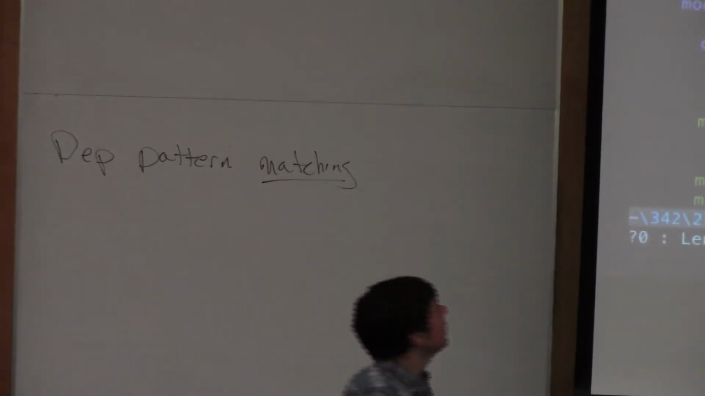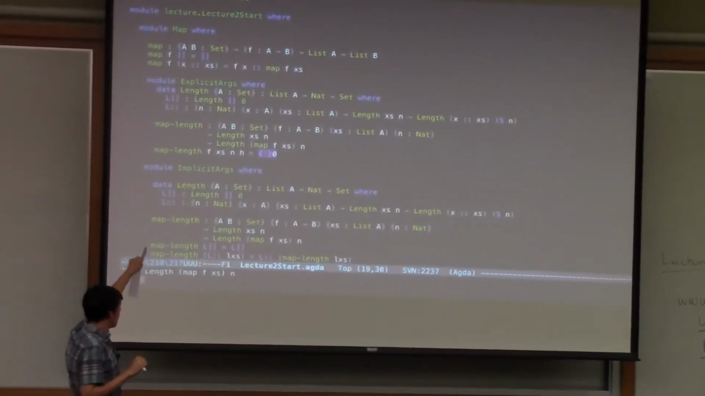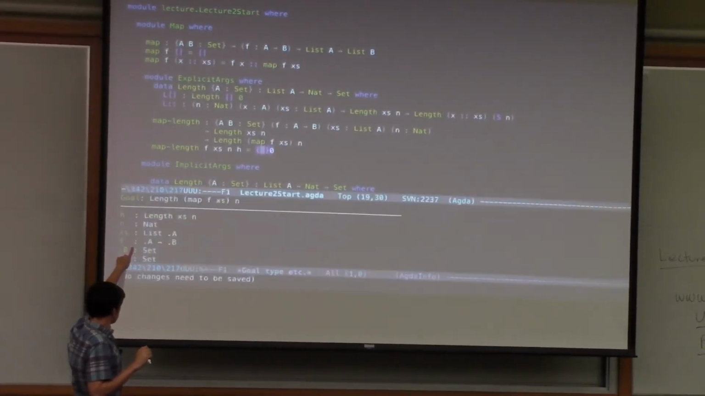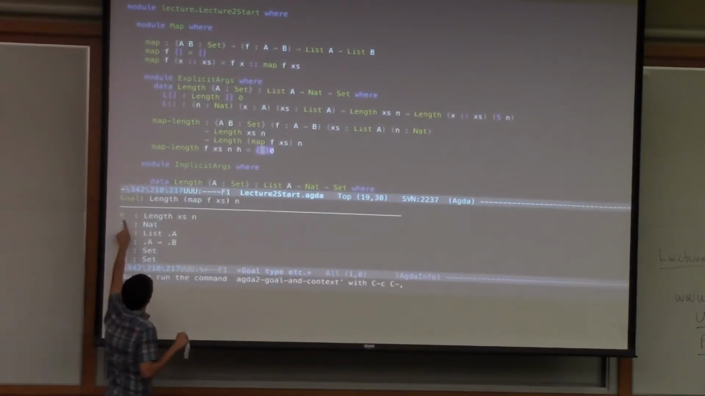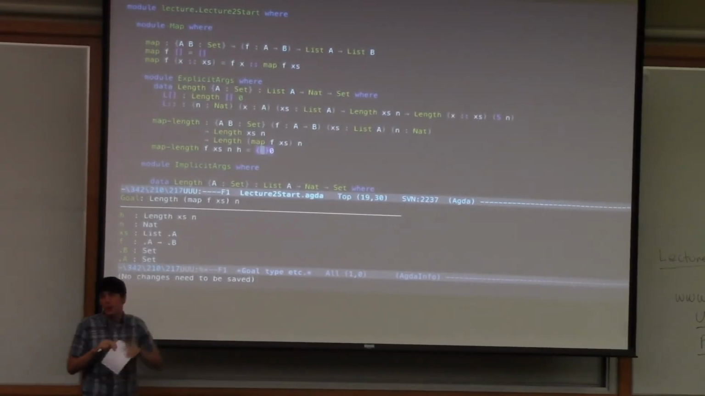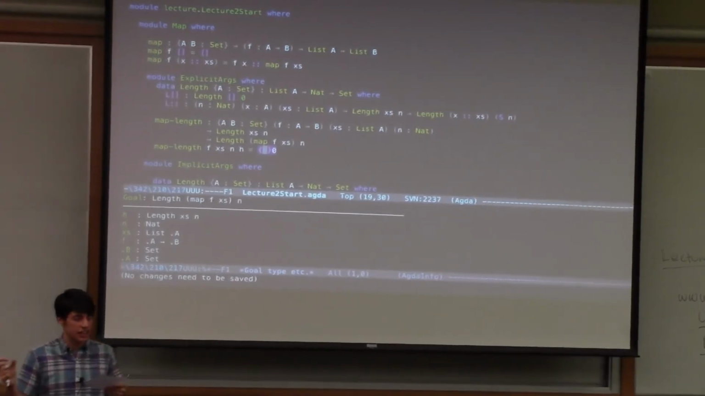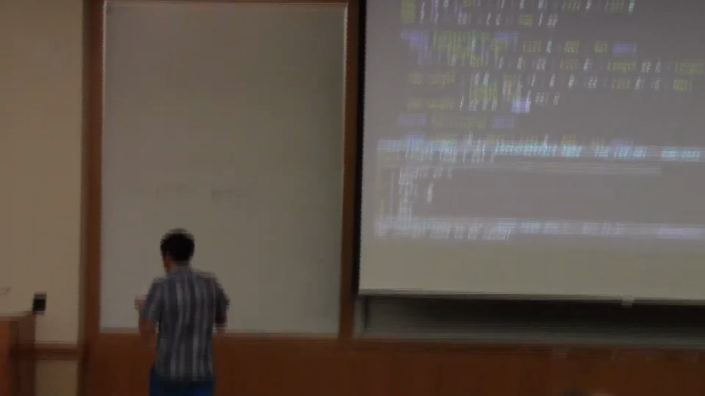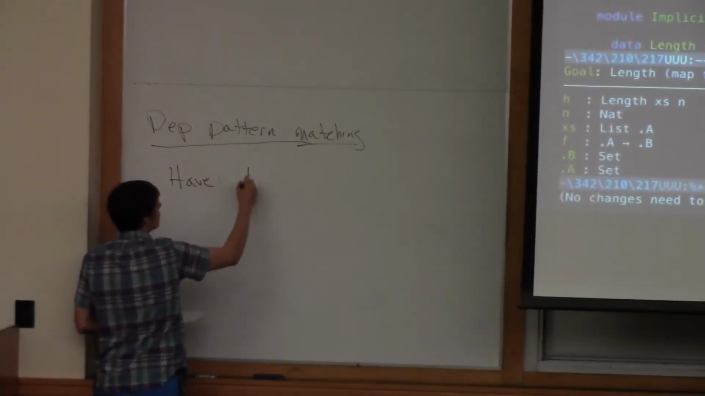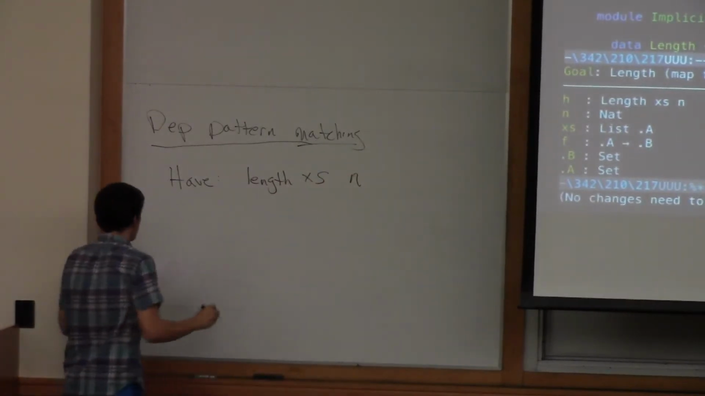is that in general, when you're trying to prove something like map length, we have an argument h of type length x is n. Okay? And the question is, what does it mean to case analyze something of type length x is n? And the idea in general is that when you have something of type length x is n, what you do